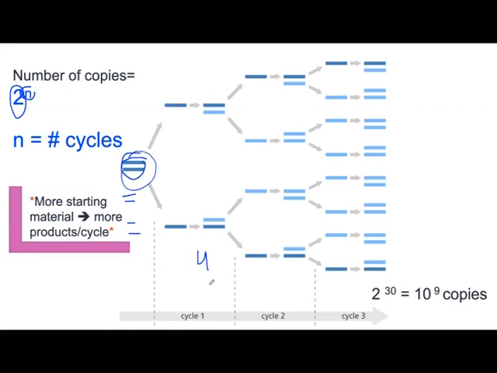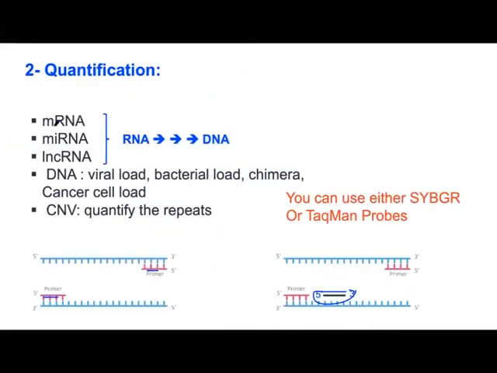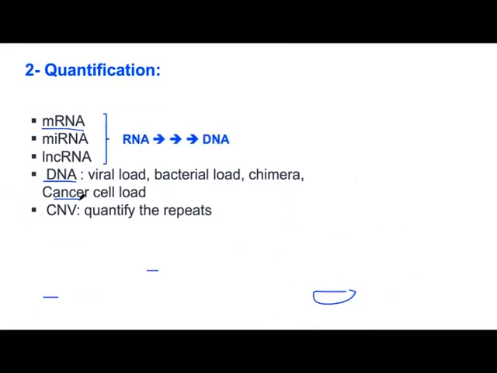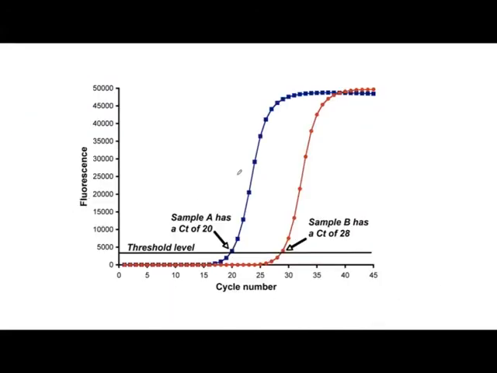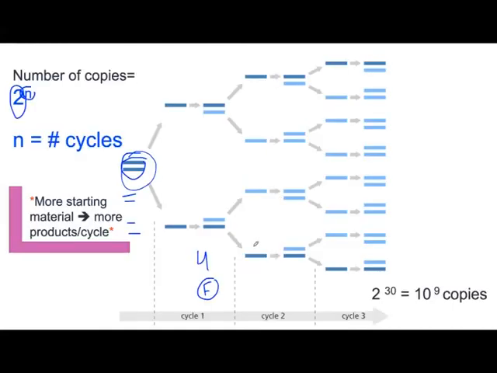When I say product, I mean more fluorescence. Remember, in SYBR Green or in the probe technique, after each cycle you're going to get more fluorescence. So we're going to use this to help us quantify how much starting material you had. And this will answer the question of how much messenger RNA you had, how much virus you had, how much cancer cell you had at the beginning, when you load an equal amount of the sample in your PCR. So if you have a sample which is more concentrated,